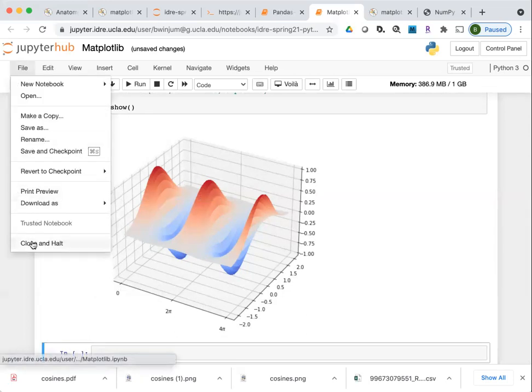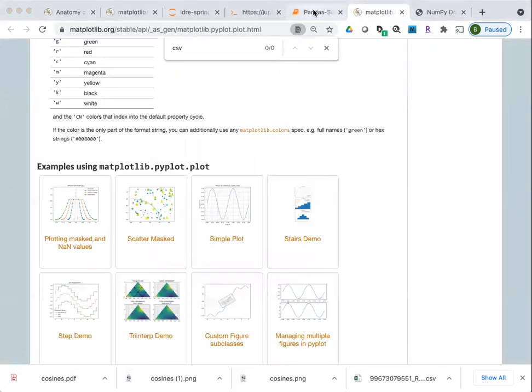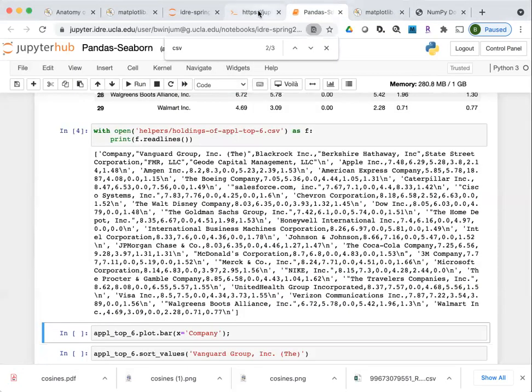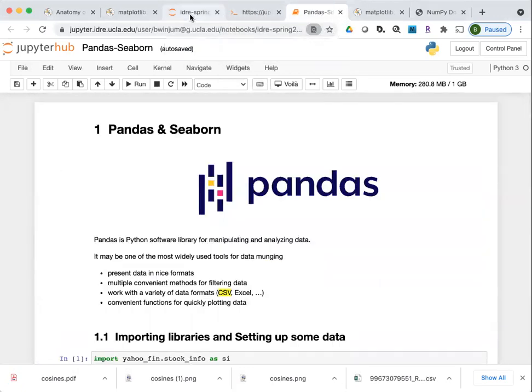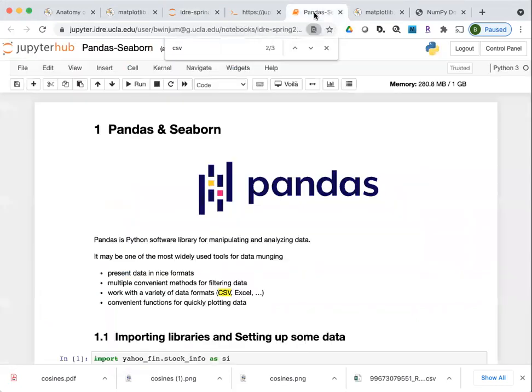I'm going to close this notebook. And if you're following along, I'm going to open up this one called Pandas Seaborn. Pandas, if you're not familiar with it, is a very popular library for doing data science these days.